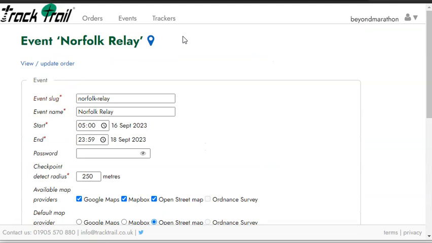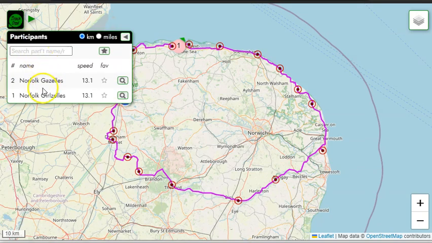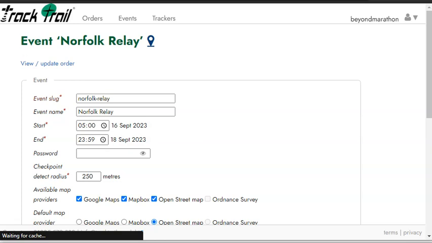Now let me go on and view that expedition right now. So if I view that, if we click on here, we will see this is our expedition that's in progress at the moment. If I click on the participants list here, there we'll see number 1, the gazelles, and number 2, the gazelles. And at this point in time, we will conclude the basics and then we'll move on to